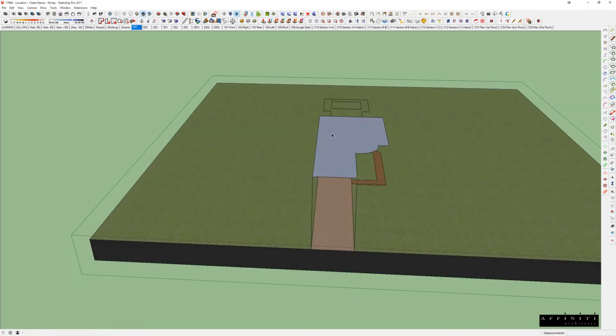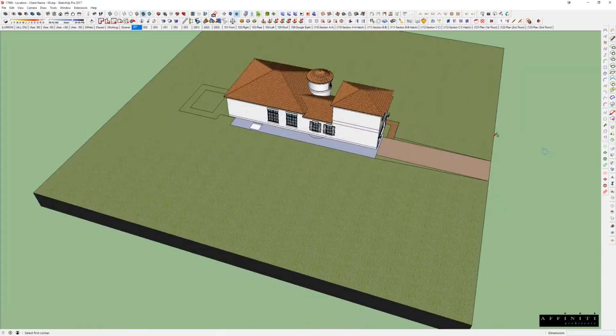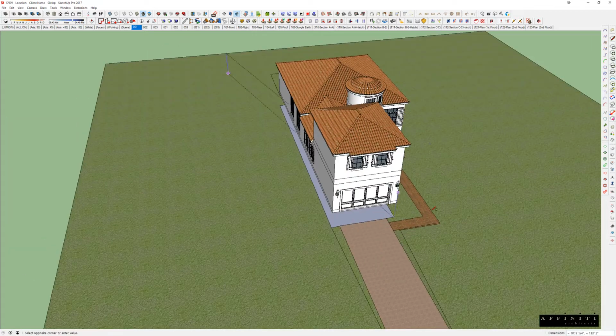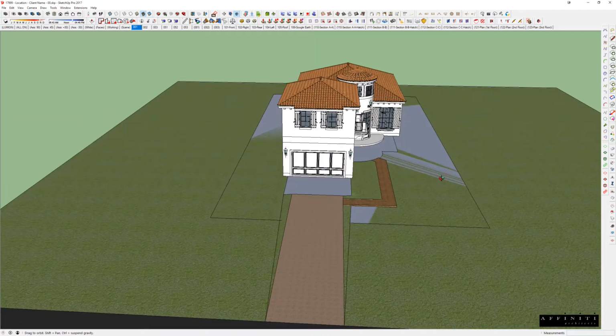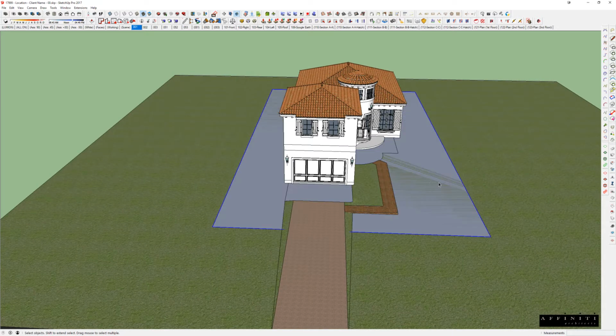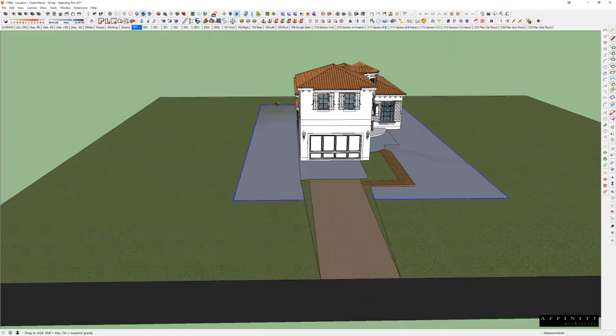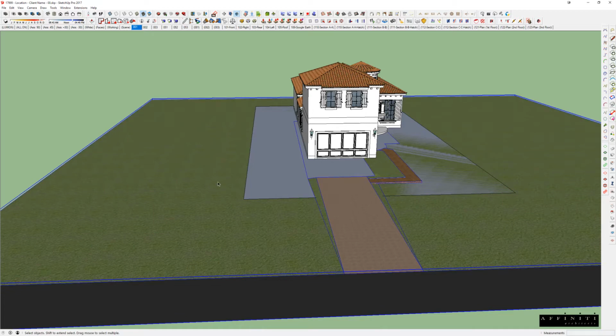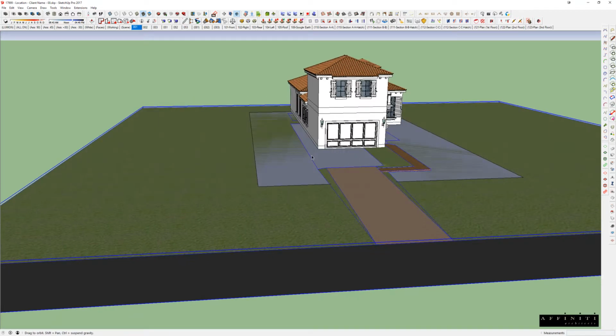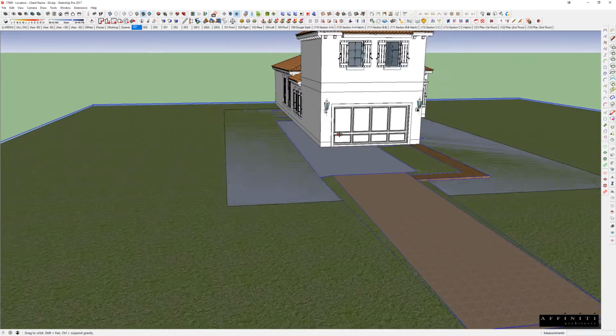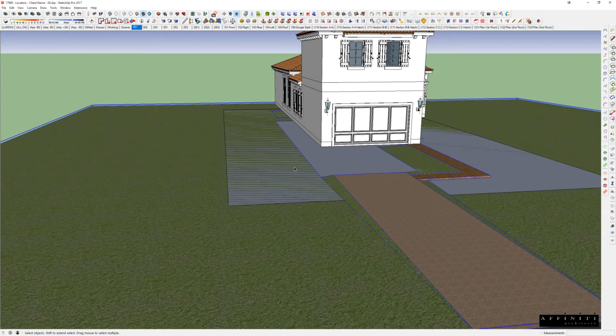And so let me just draw something like this. I'm going to draw a rectangle, excuse me. I'll make that a group. And say this, my grass right now, is the actual grass, but we had to raise the house up, and we need to show all of the